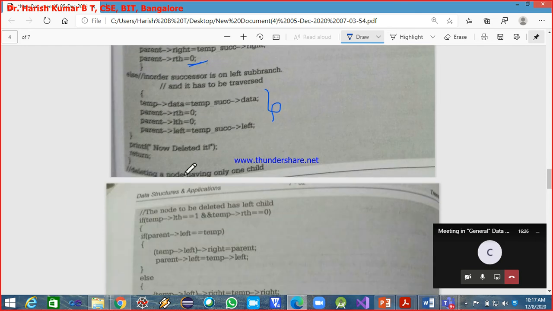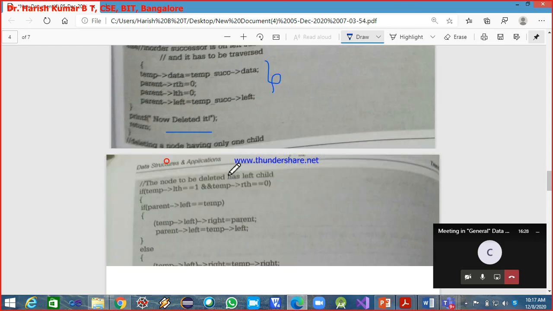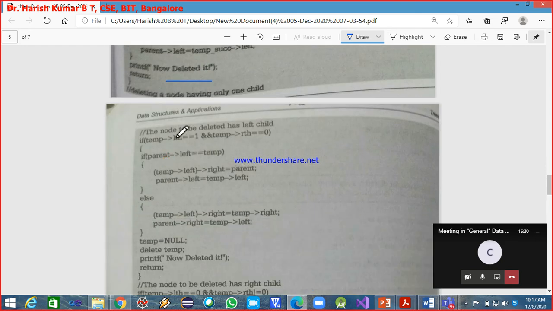Okay, traverse it and then delete it. Similarly, if the node to be deleted has only the left child, this is the condition we use to check that. Temp arrow LTH is equal to 1 because it has the left child, and temp arrow RTH should be equal to 0. If this condition is true, we go for checking whether parent arrow left is equal to